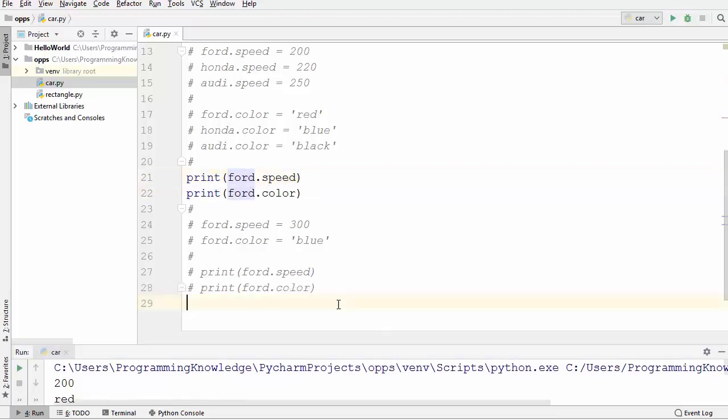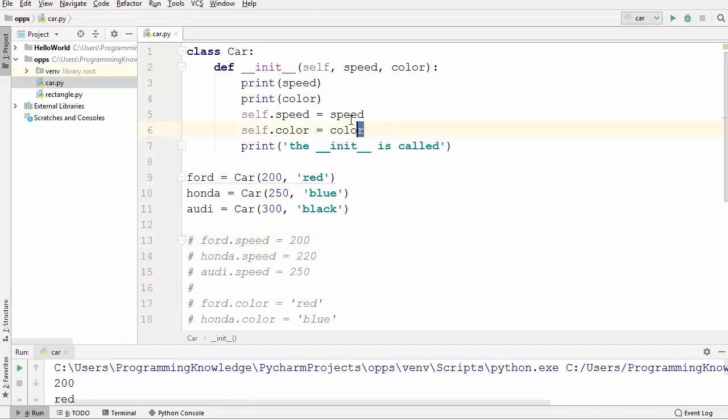So let me once again minimize this. Now let's talk about the self keyword here. Whenever you create a class, for the first argument of every method you need to provide this keyword self. Now it's not necessary to use the same keyword, self, but it's a convention to write self